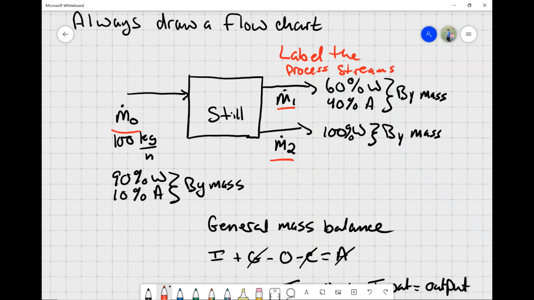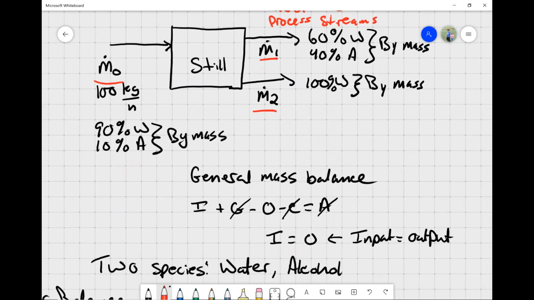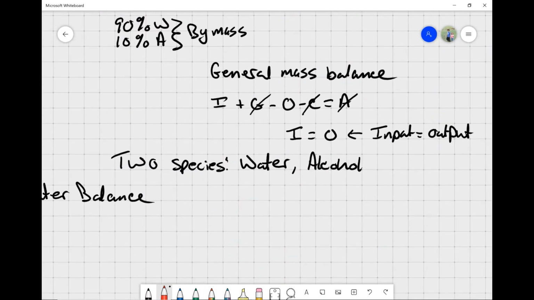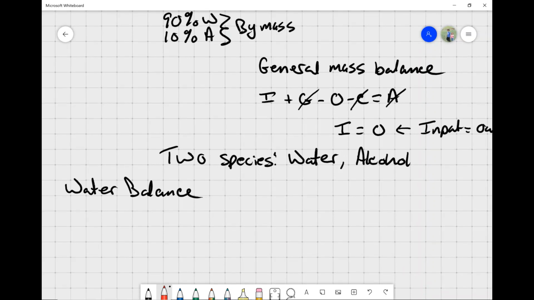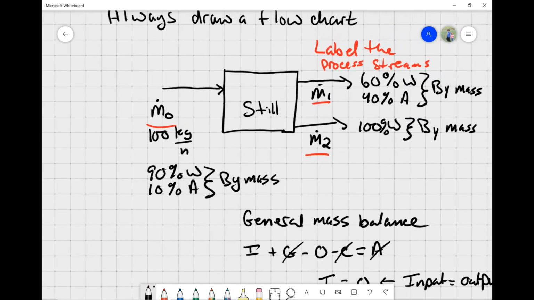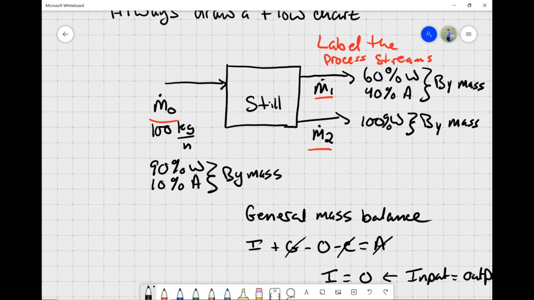In this case I called it M naught, and sometimes I change the numbers, like sometimes I call them M1, M2, M3, that kind of thing. So don't get too bogged down with the convention. Just make sure you label the process streams. So for the water balance,